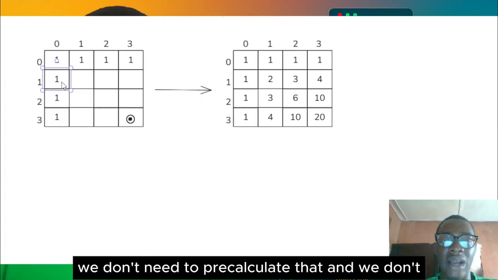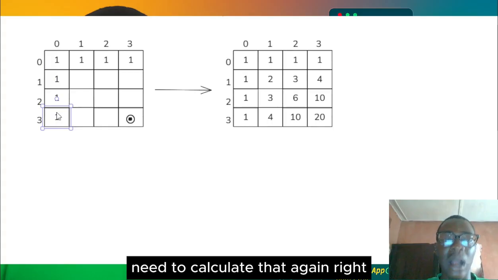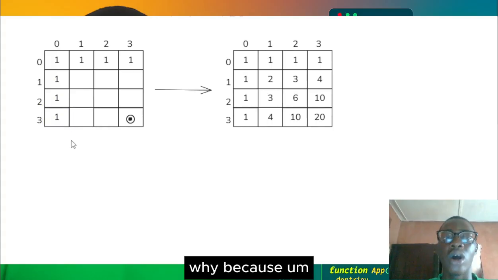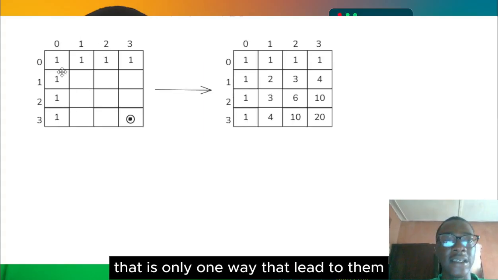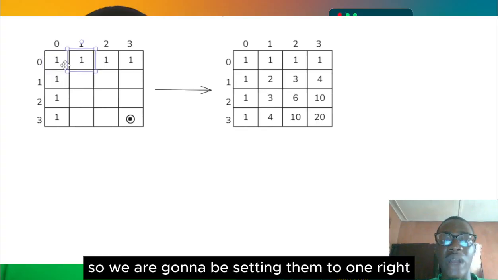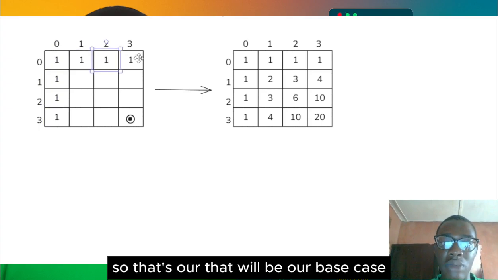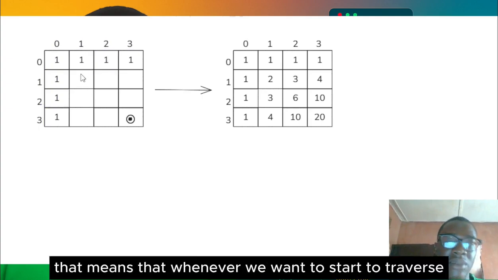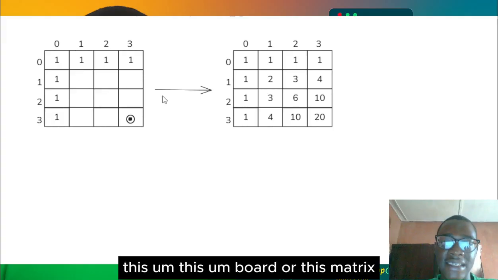We don't need to pre-calculate that. We don't need to calculate that again, right? Why? Because it is explicit that there is only one way that leads to them. So we are going to be setting them to 1, right? That will be our base case, and definitely that means that whenever I want to start to traverse this